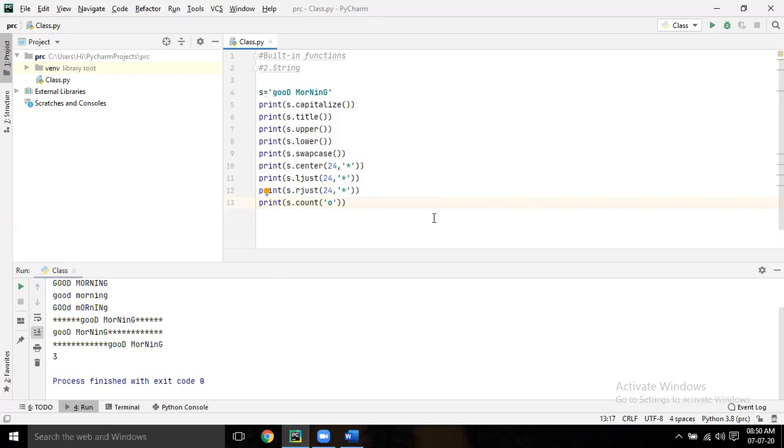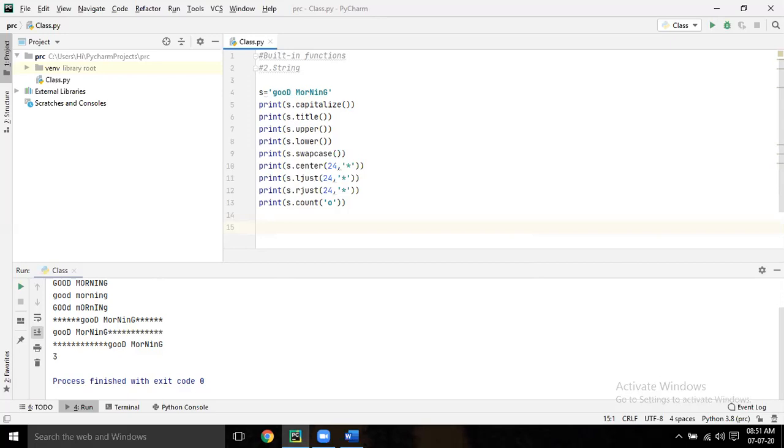So can you write a program to count the number of o's present without using count? You have to write some loop. Maybe this is your homework.